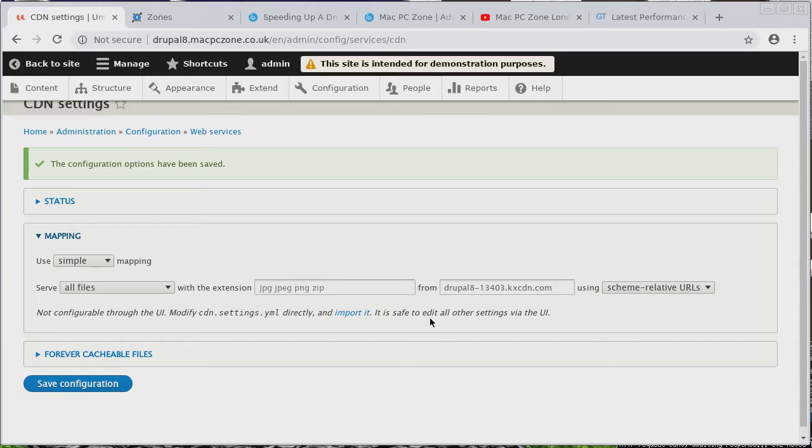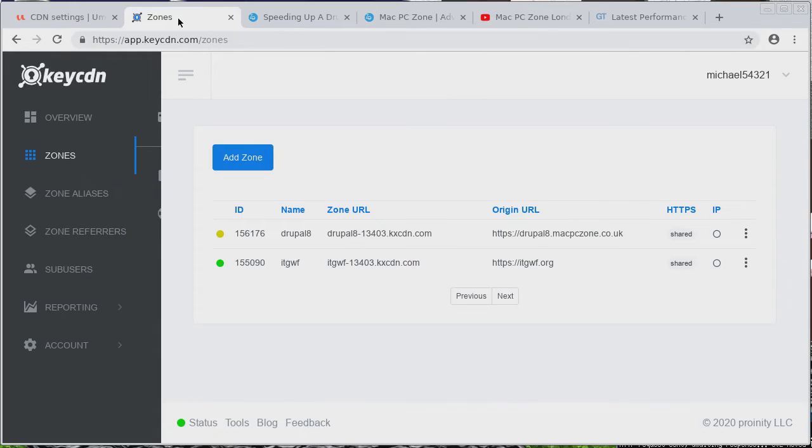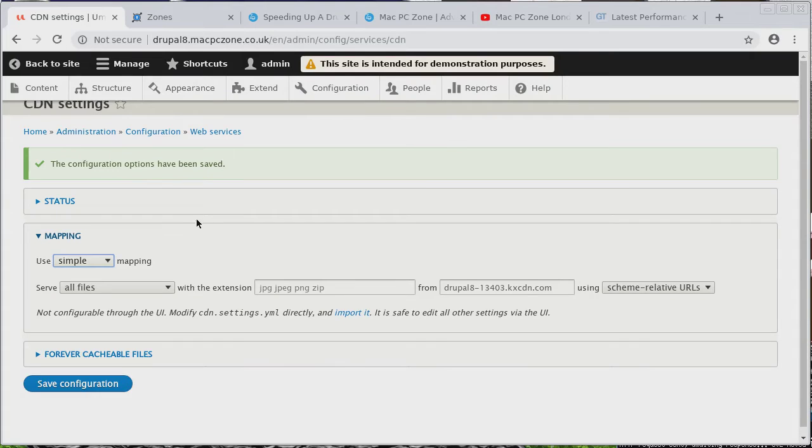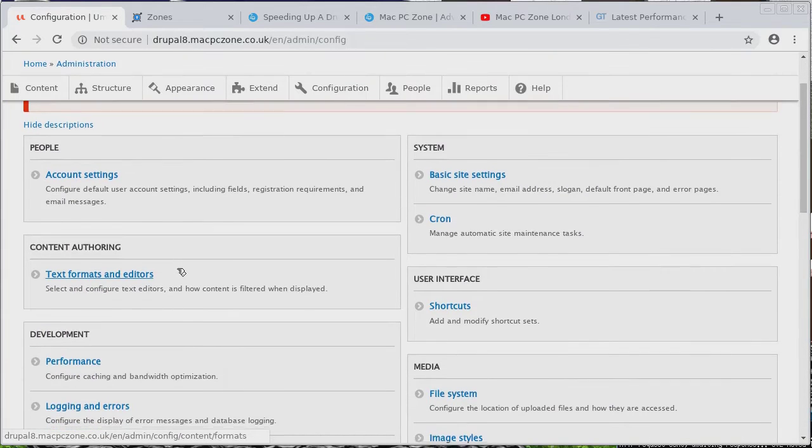Yeah, so whether it's HTTP or HTTPS, it'll come from that URL. And so what we do now is wait for it to actually be enabled. As long as it's yellow, it means they're still setting it up on the servers around the world. So in the meantime, I'm going to go into the configuration and then go to the